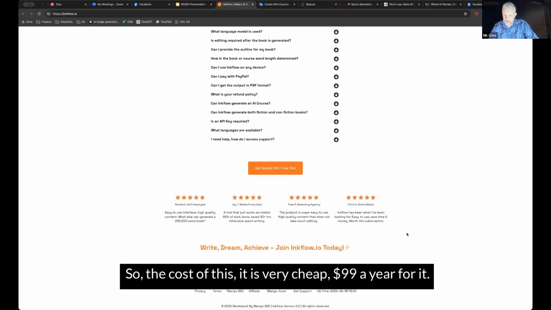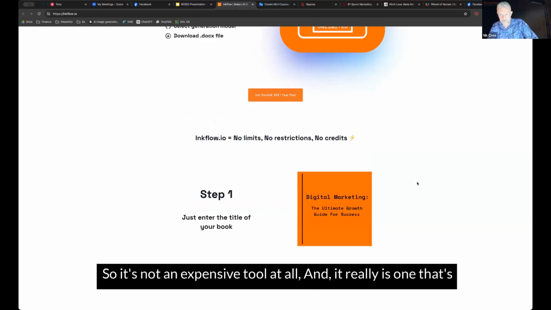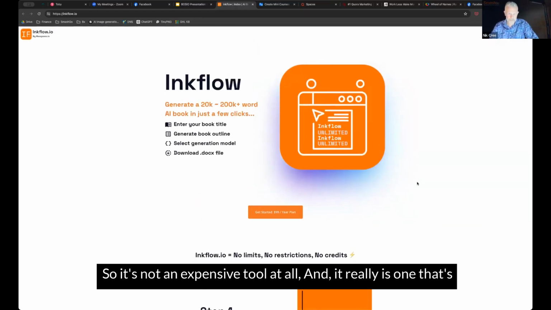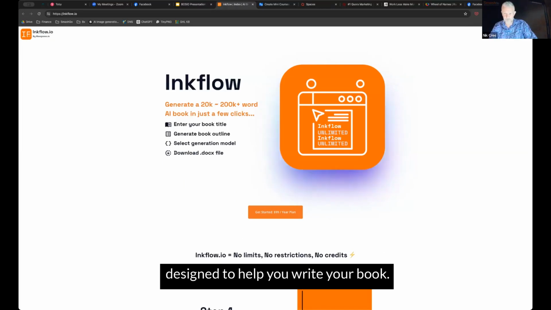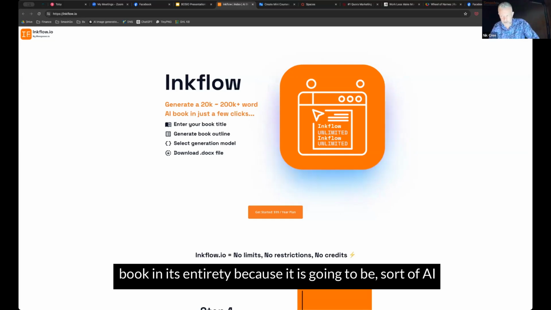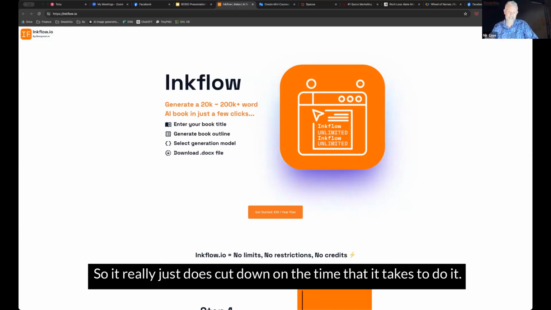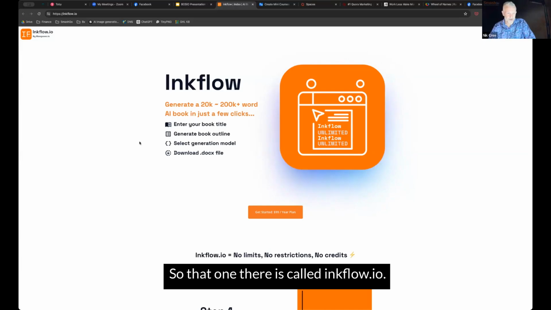The cost of this is very cheap, $99 a year. So it's not an expensive tool at all. And it really is one that's designed to help you write your book. Now, they do say in it that you shouldn't just use it to create the book in its entirety, because it is going to be sort of AI gobbledygook, but to use it to help you write your book. So it really just cuts down on the time that it takes. So that one there is called